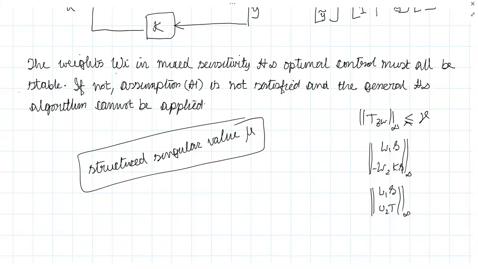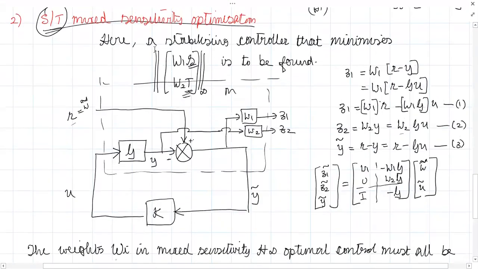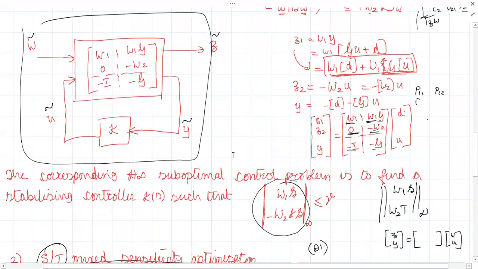Sir, in what Renu asked, if we go to the same plant, let's say W1 minus W1G in the previous page. Here? Before this. In the above diagram, this transfer function is also in state space form, sir? No. This is not given in state space, this is given as a transfer matrix. So you forgot that.